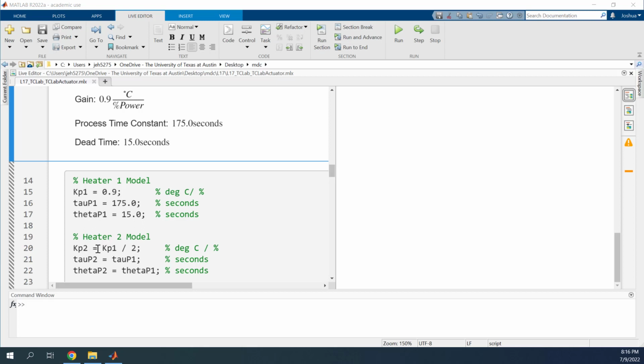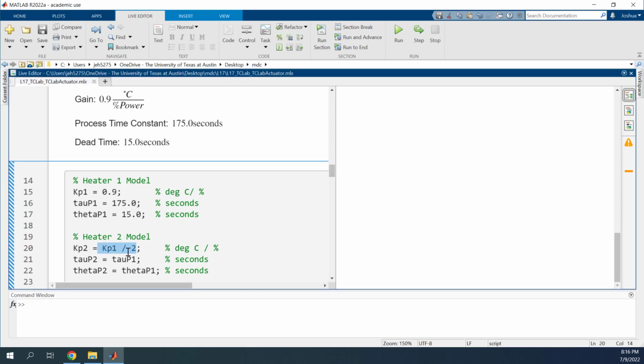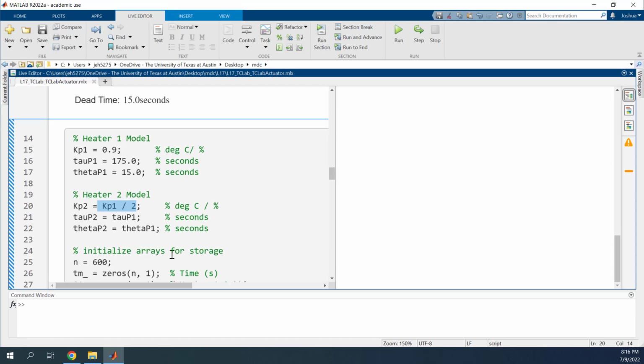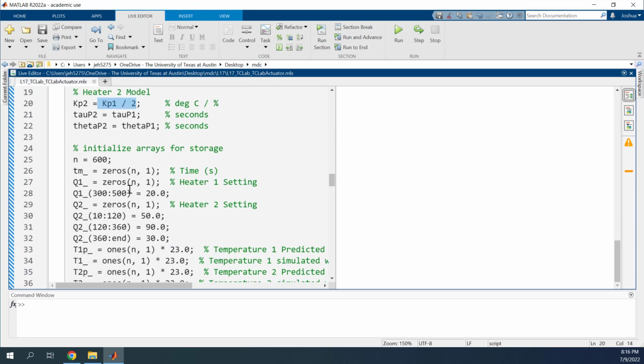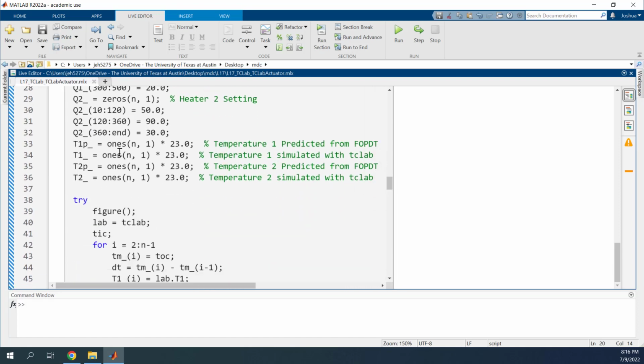And if we have a heater 2, our guess is that it's going to be half as powerful, so the gain is going to be half as much, but the other two constants are the same. Now we're going to test this with our temperature control lab and see if we're right. We're going to set our arrays for storage like normal, and we're going to set some arrays for predicted as well as simulated